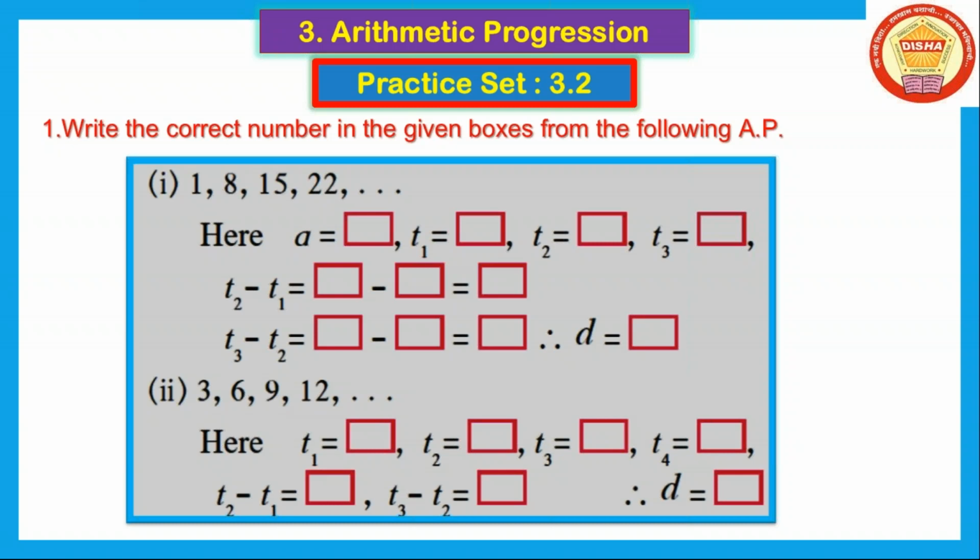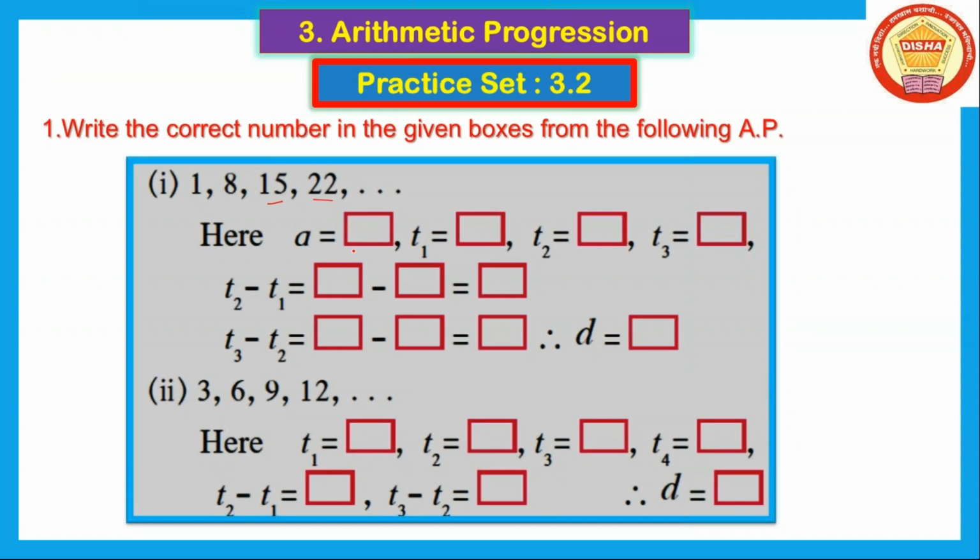That is in board exam, that is question number 2. In that, a question is asking as an activity base. And here activities are given. See first question. Here AP is given. This one is given AP, which is written as from the following AP. Means here AP is given as 1, 8, 15 and 22.